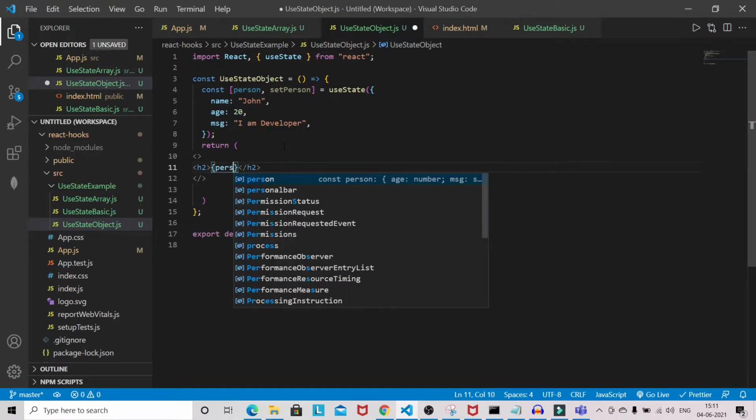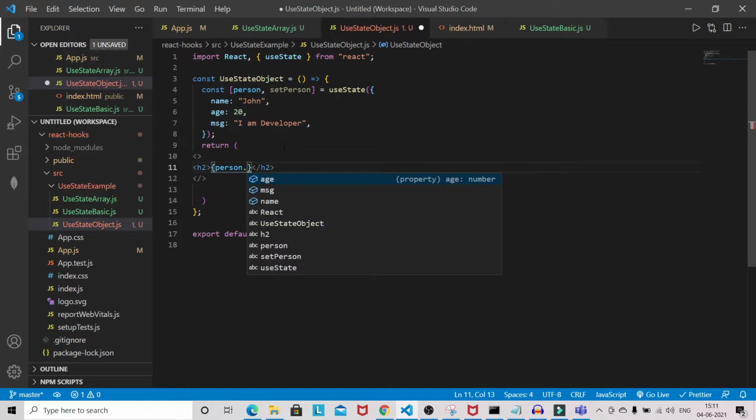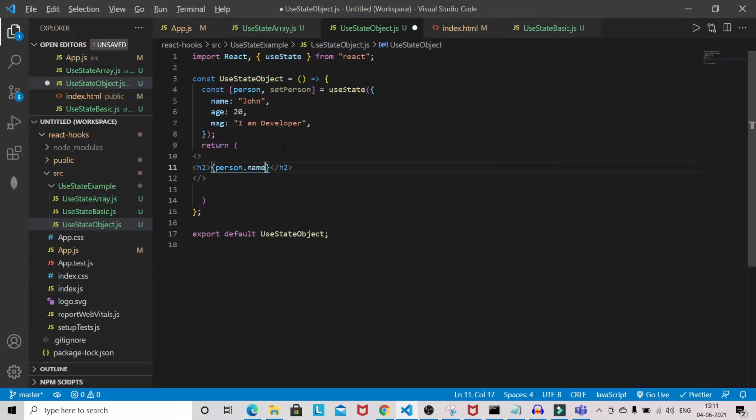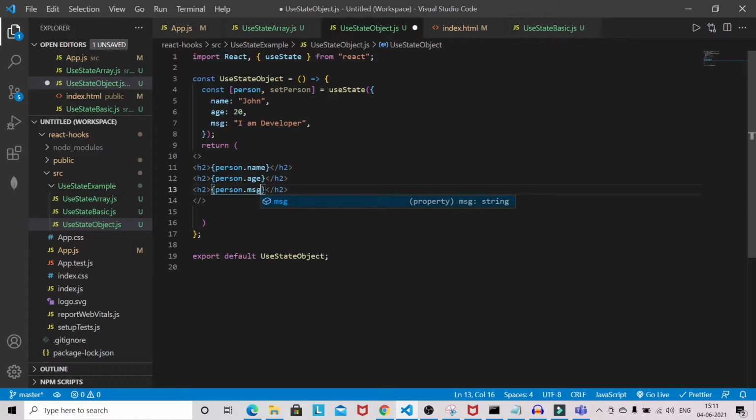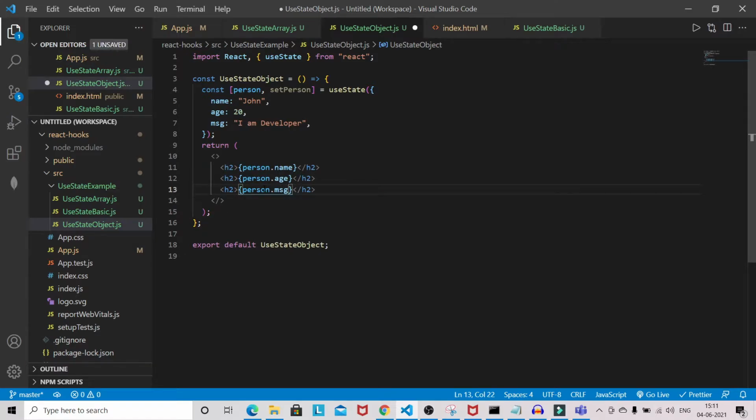We can access the value person dot name, and okay, so person dot name, person dot age, and person dot message. Okay, so this is the age and this is the message.